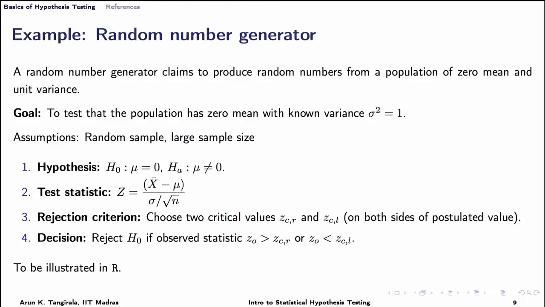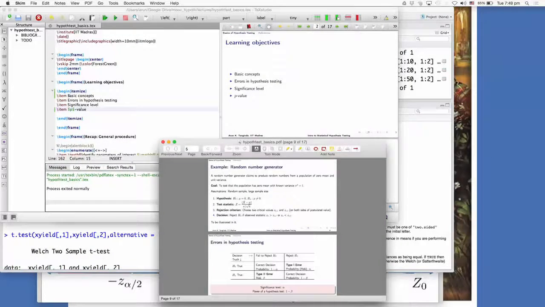Let us go through the first one, because that approach tells us what is meant by type 1 error, and we will illustrate this in R. Of course, once we decide what the critical values are, then the decision is fairly easy to make. Let us now switch over to R. Maybe if you have not opened up R on your laptops, you can actually fire up R on your laptop and then walk with me through this example.